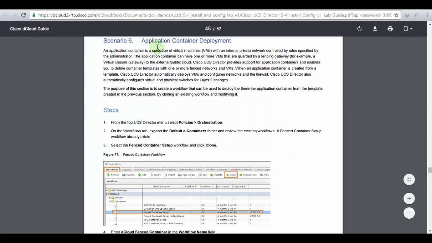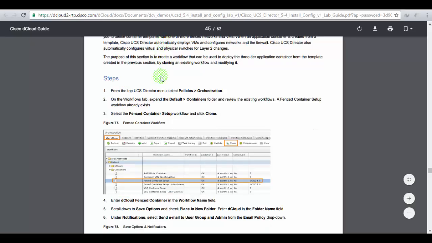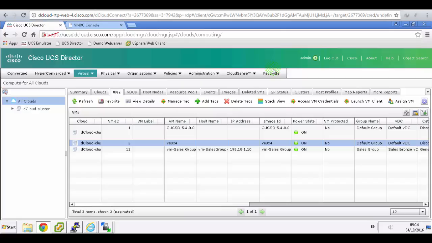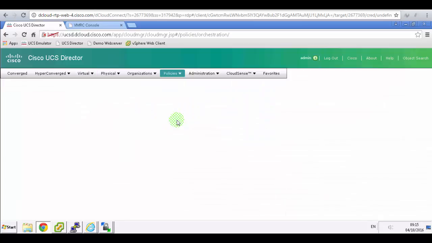The next one is quite important. It's called application container deployment. This is the part where we actually start doing the orchestration using the Cisco UCS Director. So we have to get to policies and orchestration for that. That's the Cisco UCS Director admin view. I have to go to policies, orchestration,